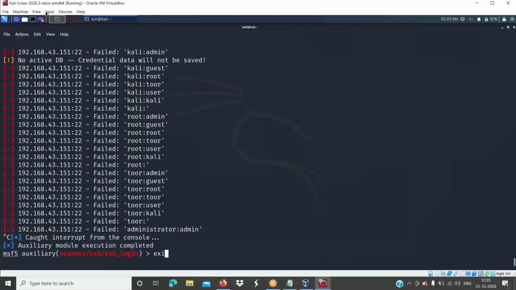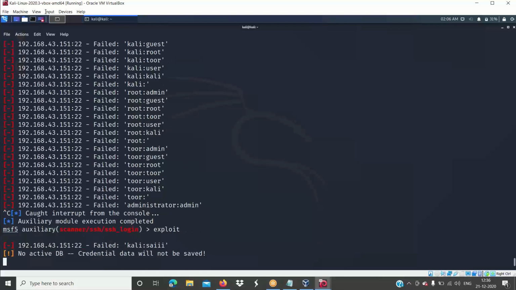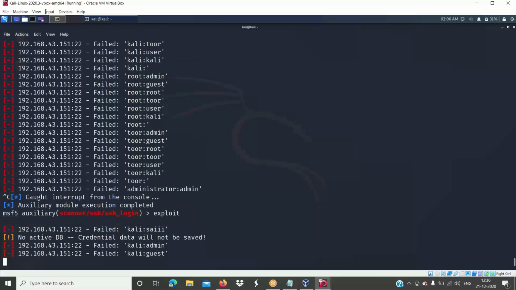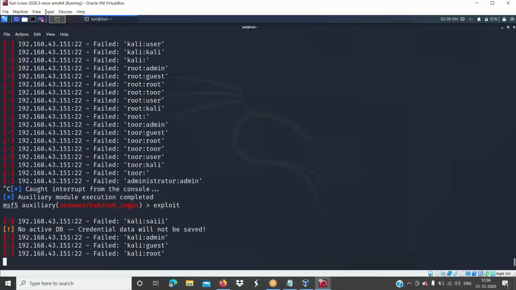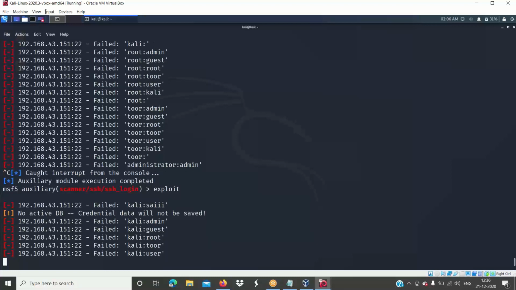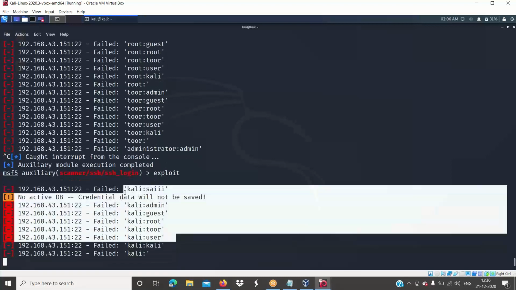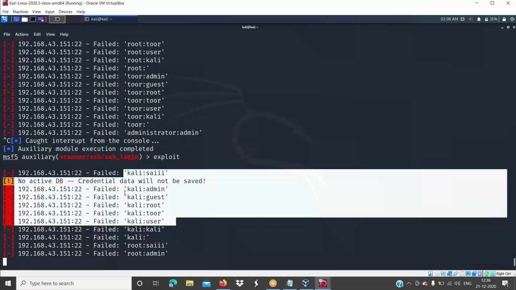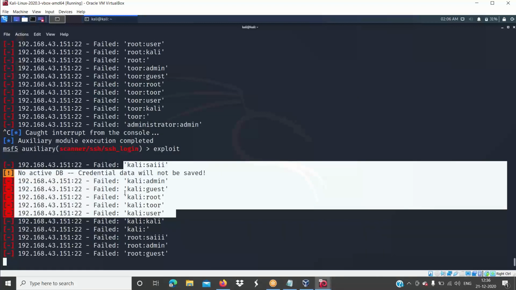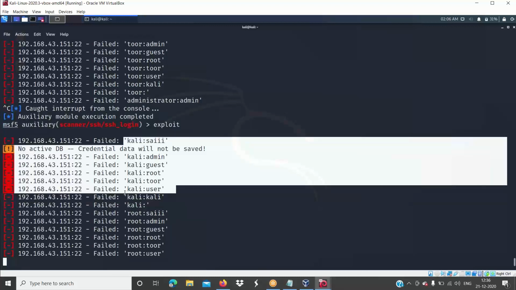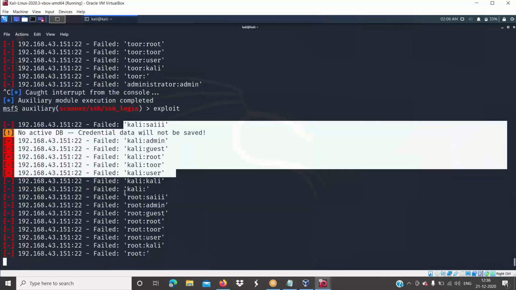Now you can exploit it. You have to wait, and it's very, very slow compared to Hydra. By this time, Hydra could have given the username and passwords because it's a much faster tool compared to Nmap or Metasploit auxiliaries or any other tool.